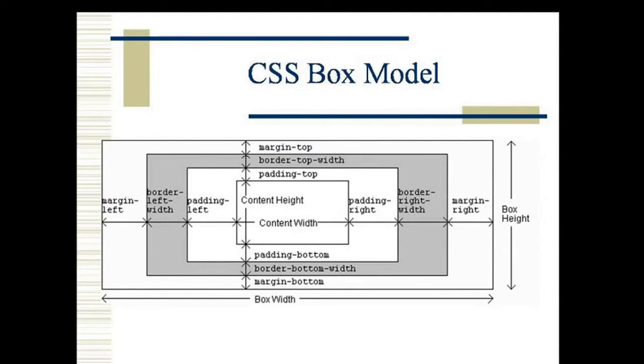Now, the CSS box model, as you can see over here, has the margin top, border top, padding top, and then padding left, padding right. You should be very much clear with what padding is. The content is enclosed within the padding area, and the padding is the distance between, or the area lying between, the border and the text itself. You can specify the margin: right margin, left margin, top margin, and bottom margin.